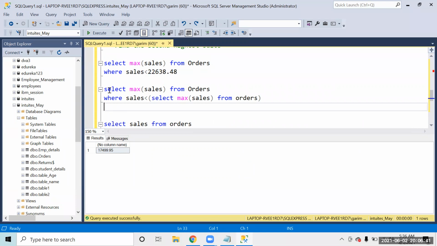So what happens is when you write two queries like this, first the inner query gets executed and then the outer query. The inner query is going to give me this number. Now this number will be used as an input for the outer query. So I'm saying select maximum sales from orders where sale is less than 2268. Now this query also becomes completely dynamic. In that tomorrow, if my data changes, it is always going to give me the second highest sales.